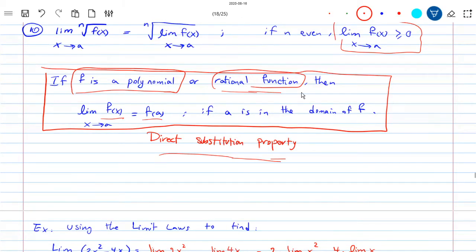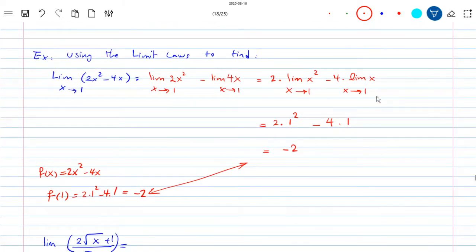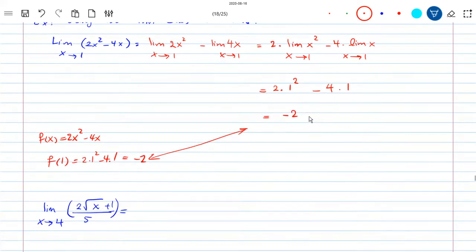You can just combine all that information and say, okay, I'm just going to replace the value into the function, and shorten up the steps. You don't have to do these steps over and over. You can just skip them and say, okay, I'm going to replace the value. And say f of 1 would be negative 2, so therefore the limit is negative 2. Instead of going through this process, I can write 2x squared minus 4x. It would be simply replacing 1 into the function, 2 times 1 squared minus 4 times 1, which equals negative 2. But use the limit laws a couple of times before you jump ahead and do this